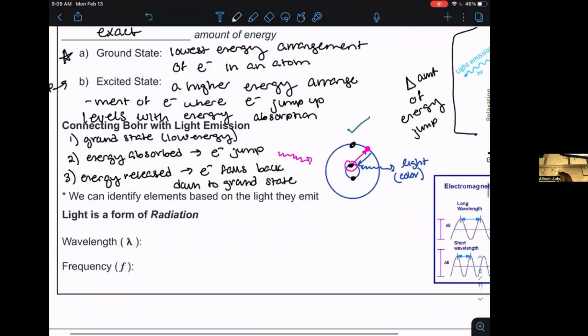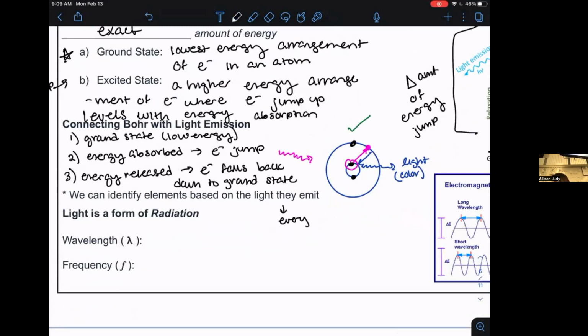We can figure this out because here's why. Every element has a unique electron jump pattern. So if I'm helium, I have 2 electrons that can jump. I have 2 electrons available to me. If I'm silicon, I have 14 electrons that can jump. I have 14 unique lights that together make a spectrum, a pattern of light that is unique to that element. My 14 electrons can create 14 unique jumps